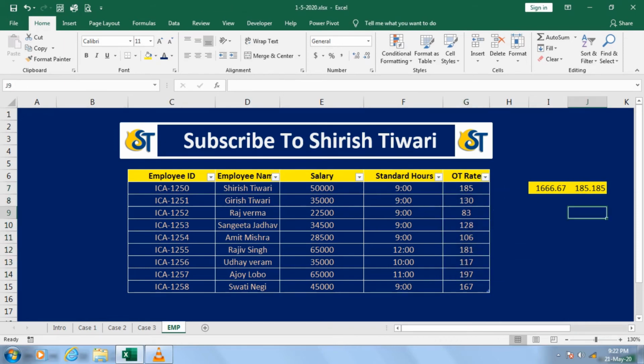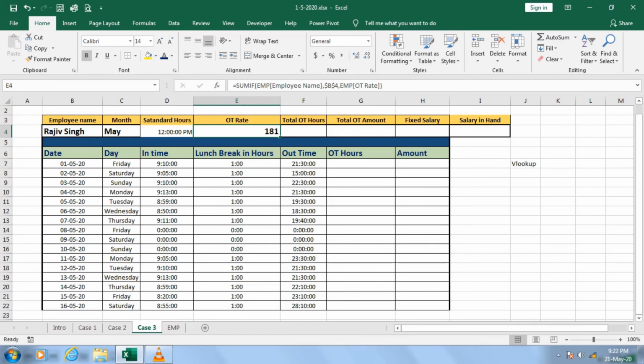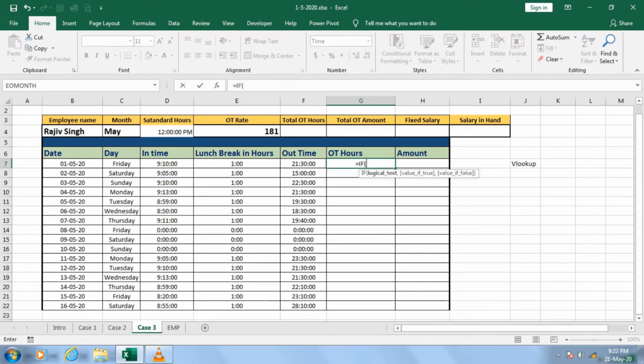Okay guys, let me move further. Now the rest of the options are very easy, which we have done already. So equal to IF, open the bracket, and if this hours minus this is greater than my standard hours, then there is a question of getting overtime: this minus this, as well as minus this.